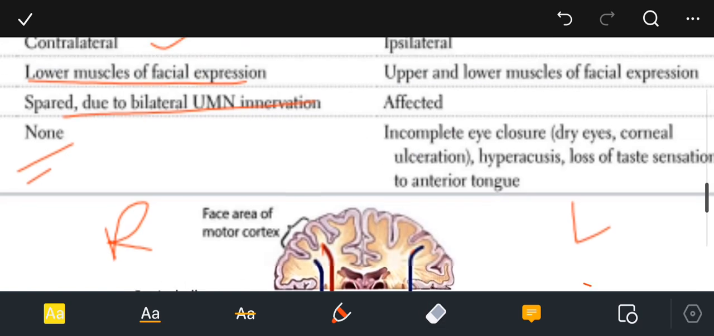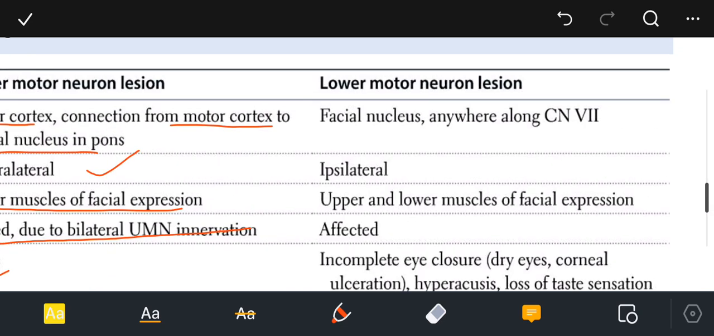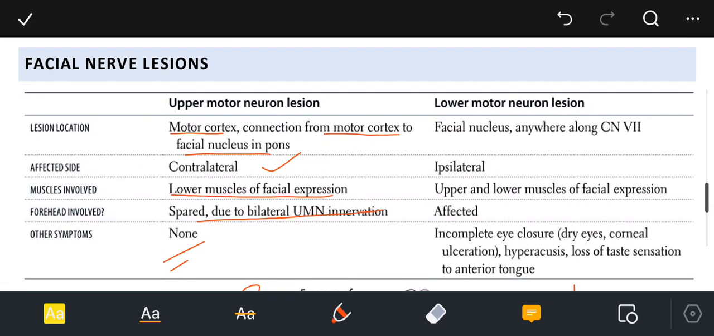The next thing is the lower motor neuron lesion, and the location for the lower motor neuron lesion is the facial nucleus or anywhere along the cranial nerve 7. If the damage is to the nucleus or anywhere along the cranial nerve 7, the side affected will be ipsilateral. That is a very important differential. The muscles involved will be the upper and lower muscles of facial expression. The forehead will be affected, and other symptoms include incomplete closure of the eyes, dry eyes, corneal ulceration, hyperacusis, and